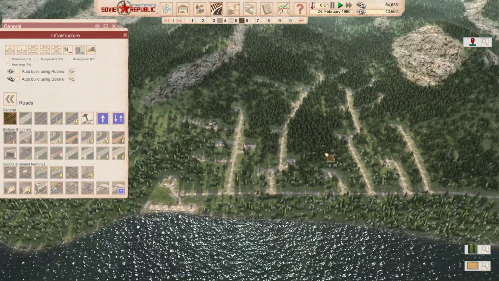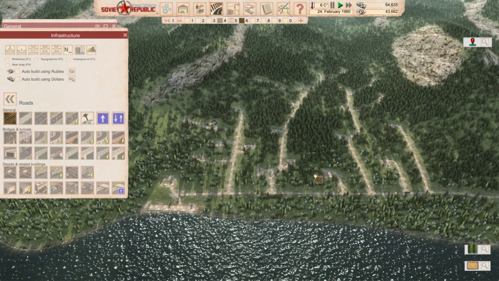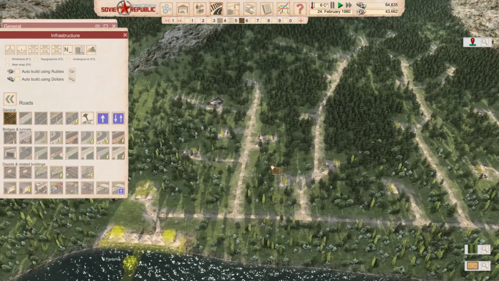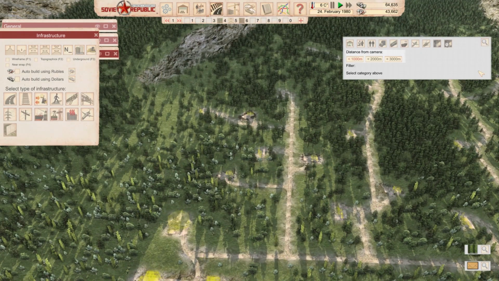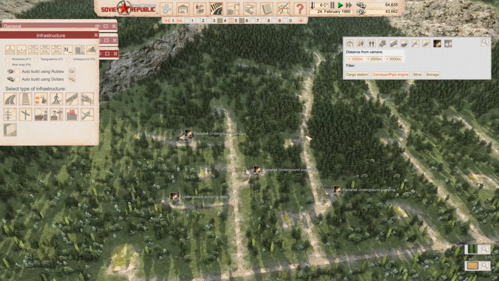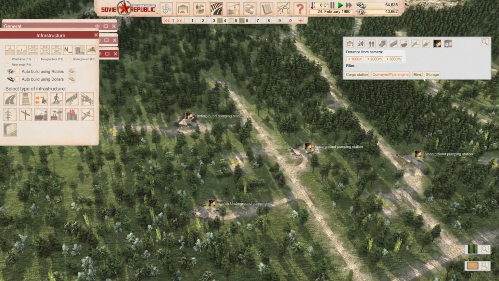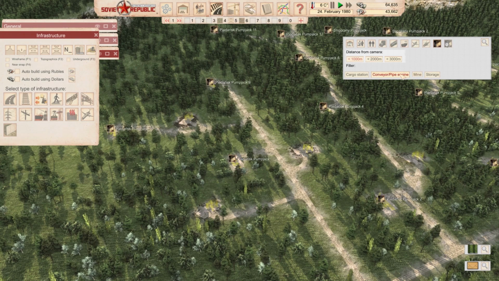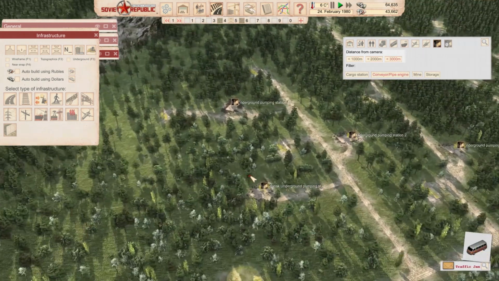This looks like the oil field should. Okay, we're going to stick to this, and let's see the pumping stations one more time. I'm going to go and see if I can use these guys a little bit more. We need conveyor pipe engine. This is what I need. Okay, so this is, and can I select the mine? No. I wanted to select both of them because I wanted to see how many pumping stations we have and how many